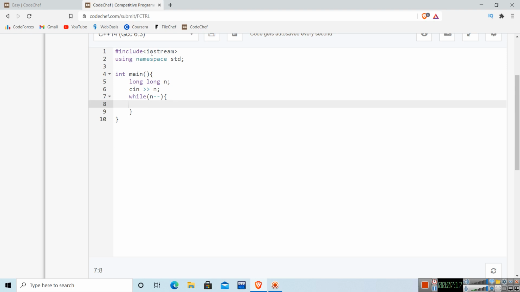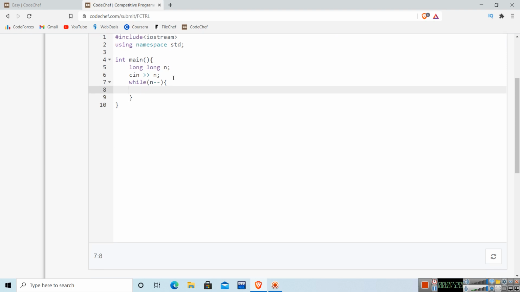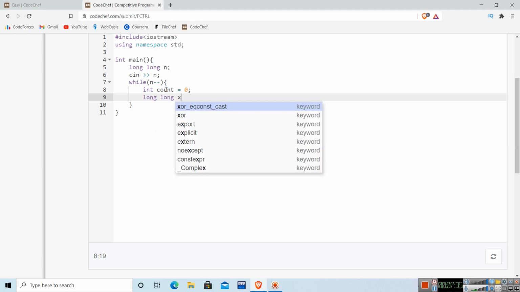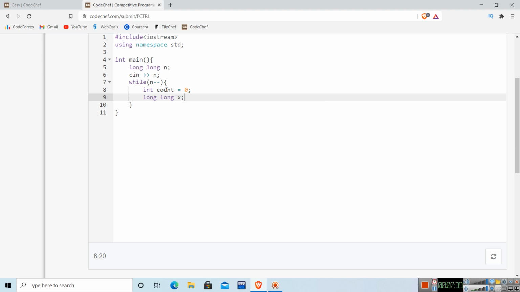So we are now taking the number of test cases. So let's give a variable count to count the number of 5's in the given factorial of a number. Then long x, I mean, we are taking the numbers, right? So c in x